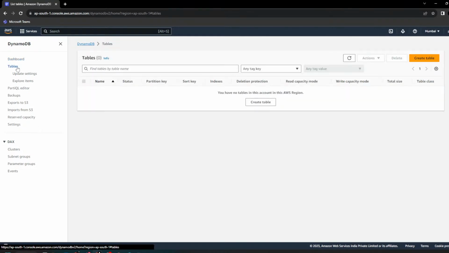So here the best thing about DynamoDB is you don't have to create a database. आपको database create करने की जरूरत नहीं है. You just have to create a table and store the data. और उसके भी charges नहीं लगते. Data storage बहुत कम charges लगते हैं. It's very low charges, and the only charge you will get is for using the database, using the table. That's it. Unlike RDS में क्या होता है, आप डेटाबेस